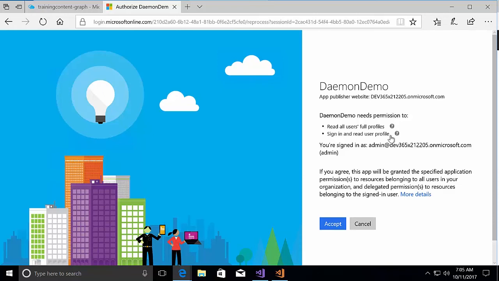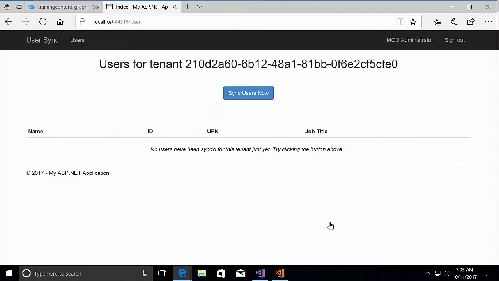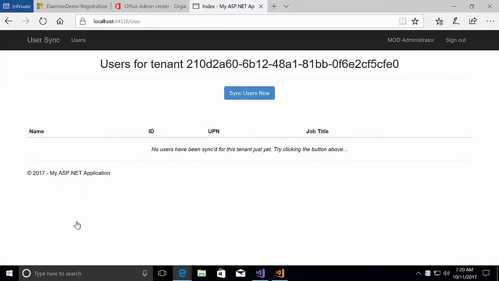Notice the Global Tenant Admin is requesting different permissions, like read all users' profiles and sign in and read users' profiles. But notice at the bottom that there's a little bit of extra information about granting a specific application permissions that belong to all the users. A lot more information is being consented to here. So once I've done that, I'll be taken back to our application. And when I click on Sync Users this time,